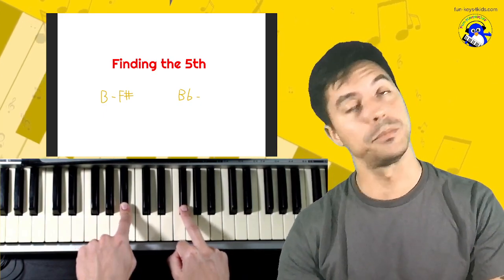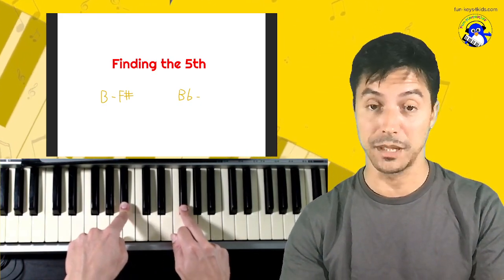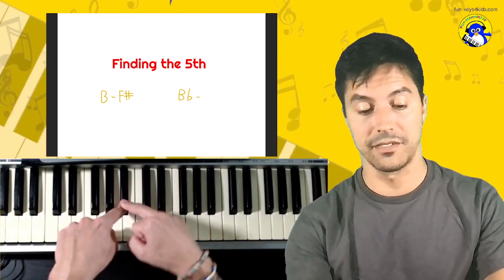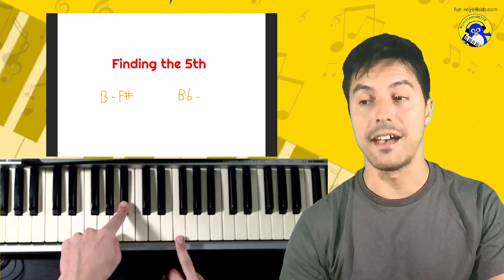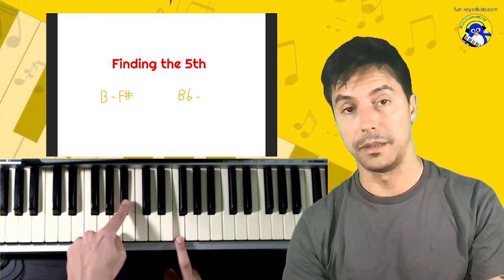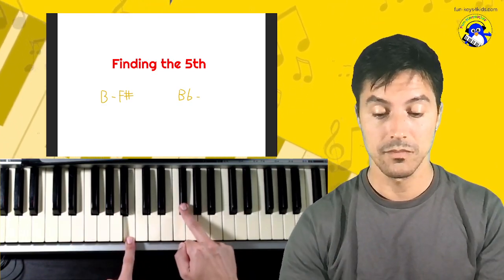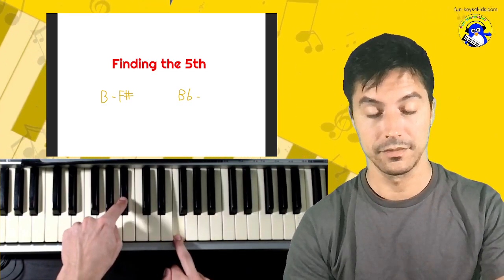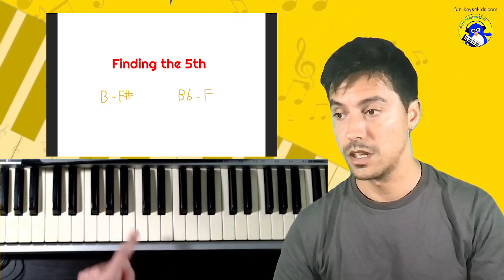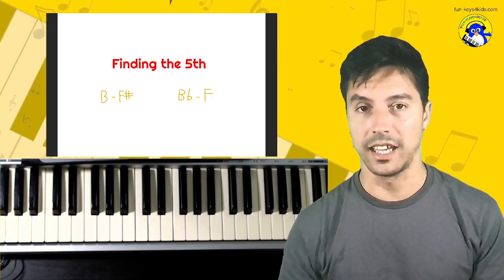Well, F sharp cannot be the fifth of B flat, because it's already the fifth of B. So the fifth of B flat will be F. Okay, that is the rule. That is the exception. So please memorize it, learn it. B goes with F sharp, and B flat goes with F. Okay, I'll just make a note here so you can remember. Everything else, it's easy, right? Okay,